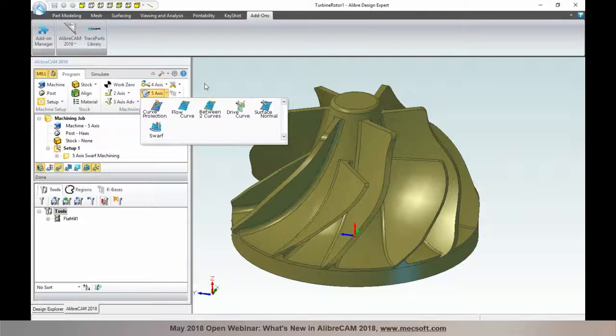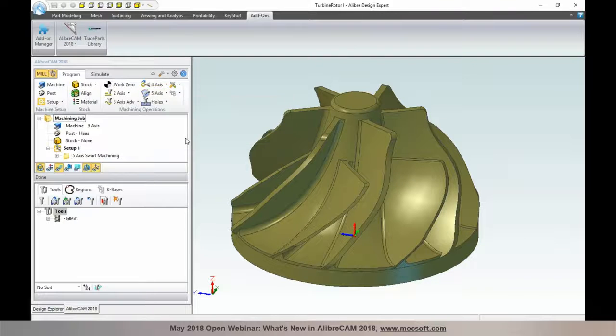So you have 3 linear and 2 rotational axes in a 5-axis. We support 3 different classes of 5-axis machine tools. It could be a head-head configuration where the rotation of the 2 rotational axes is on the spindle, or it could be a combination of a rotary table and a rotary head, or a table, which could be like a trunnion type of machine tool. Like some of the Haas machine tools are trunnion type where you have 2 rotational tables. So you could be programming any of these classes of machine tools, and you can define those in the machine